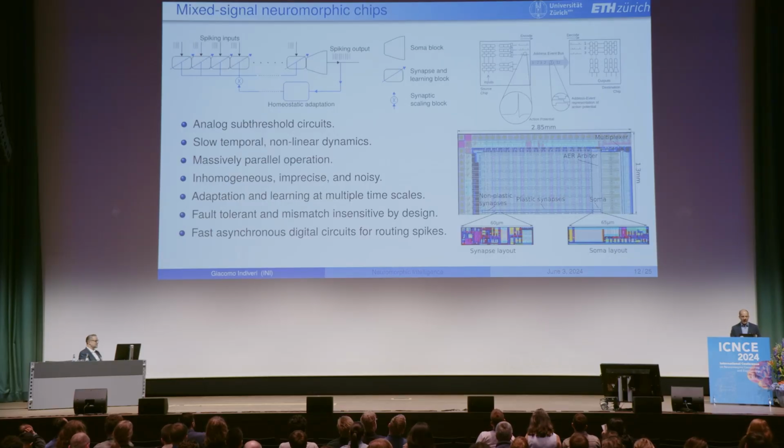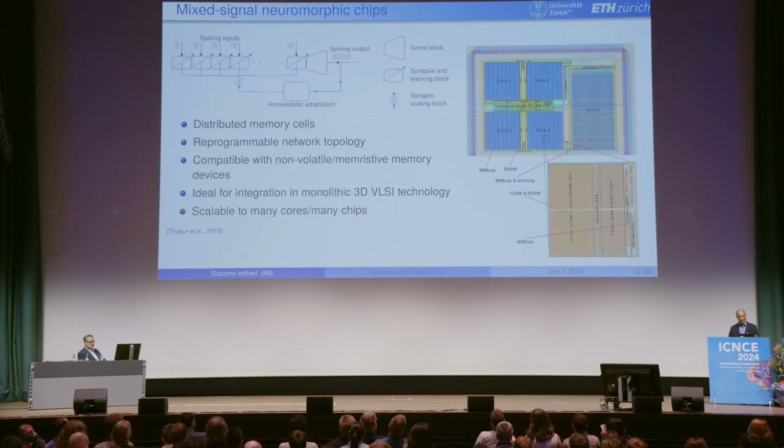And we've been, as I said, making these for many years. One of the more recent ones is... the original chips were done when I was at Caltech in 2-micron technology. That gives you an idea of how old I am. But now the more recent ones, we've gone through 350 nanometers, 180 nanometers, 65. Now this one here, you see an example of a layout in 22 nanometer technology using FDSOI. It's a 3 by 3 millimeter chip, but it has 1,000 neurons. So we are riding the wave of Moore's law. By having smaller and smaller transistors, we can put more and more neurons on a small size chip.